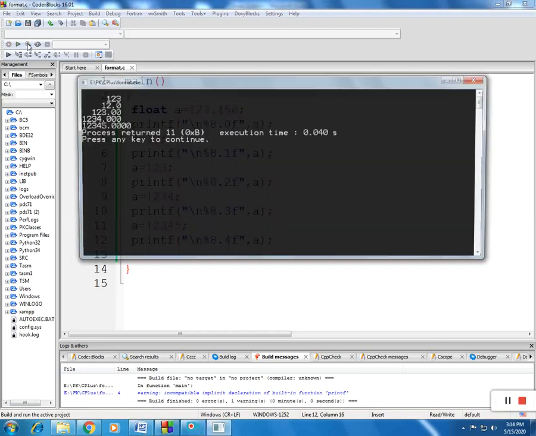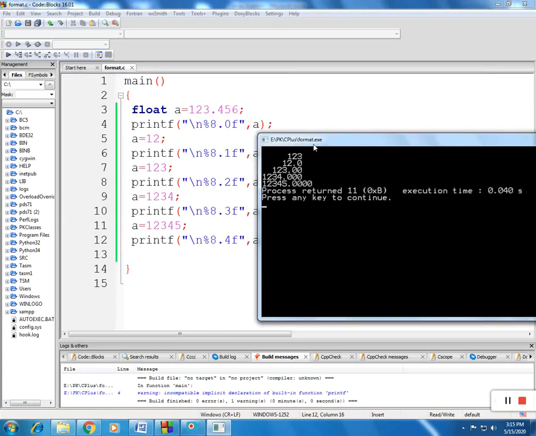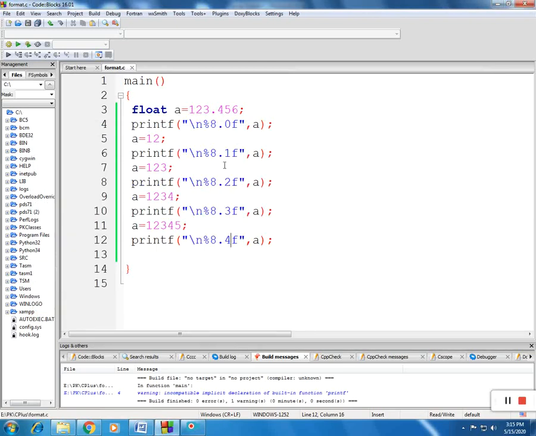Let us save the program and execute. 123, after decimal there is nothing, 12, these values are being overwritten. Mark it as deletion. Now it will be perfect.